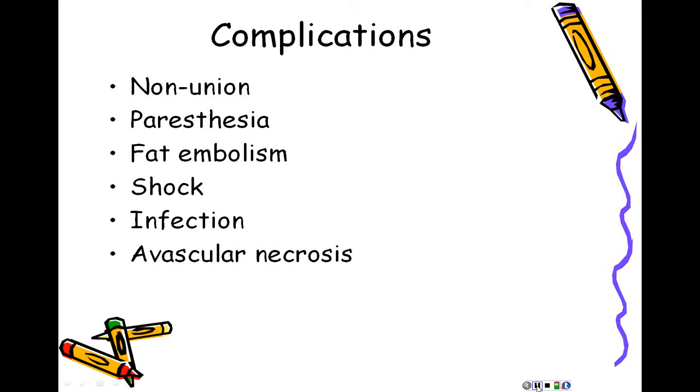So initially in shock, actually, the person may have an elevated blood pressure, but then as shock continues to progress, the patient's blood pressure will drop. We're again going to assess for infection because of the break in the continuity of the bone, especially if it's an open fracture. With avascular necrosis, this is when the patient is not getting blood to that bone, and so